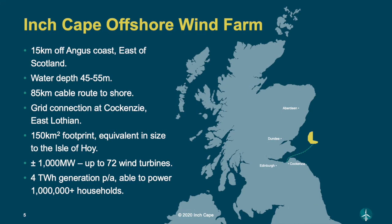Inchcape is a large offshore wind farm currently in the development phase, planned to be installed 15 kilometres off the Angus coast. So we're somewhere between Arbroath and Montrose and a moderate distance offshore in offshore wind terms. The water depth at the site is moderate, between 45 and 55 metres. And the project will be connected to the grid in East Lothian at Cockenzie via an 85-kilometre cable route back